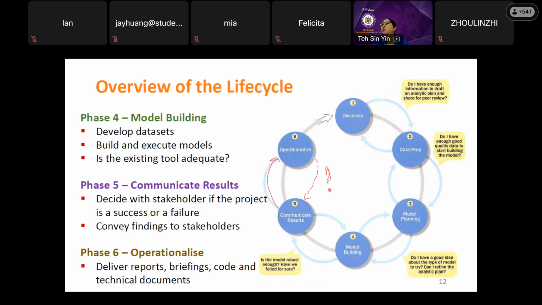Okay, so there's a question here. Can we consider the operationalize phase as the closing phase where we deliver the report and resources and then close the project? Yes. And why do we say it is a cycle? Because you may need to repeat the project if you cannot have a successful project. So it is a final result before the decision, very close to the answer. The decision is already made and the report is already approved. Yes, correct. Outcome is either success or failure.